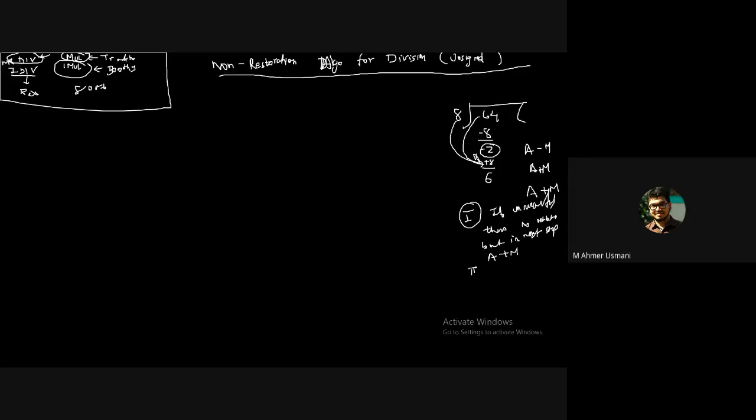Okay. Step 2, if it is successful, then again no restoration is required. Then no restoration is also required for that. In that case, the next step क्या हो जाएगा? You need to perform the traditional approach, which was a minus m. तो आपको traditional step ही करना पड़ेगा, which is a minus m. Is that clear?